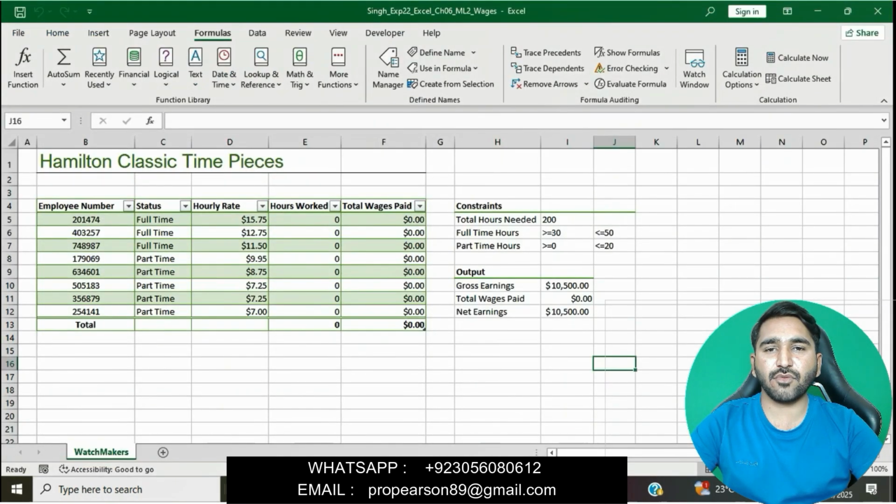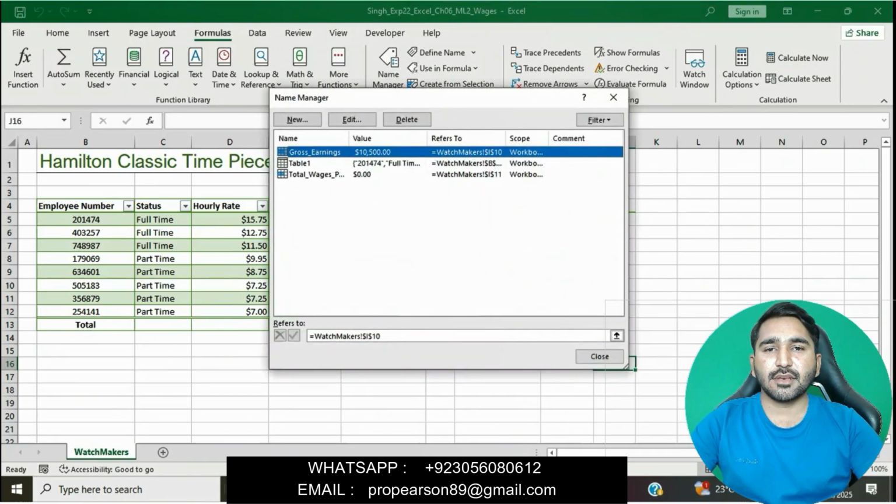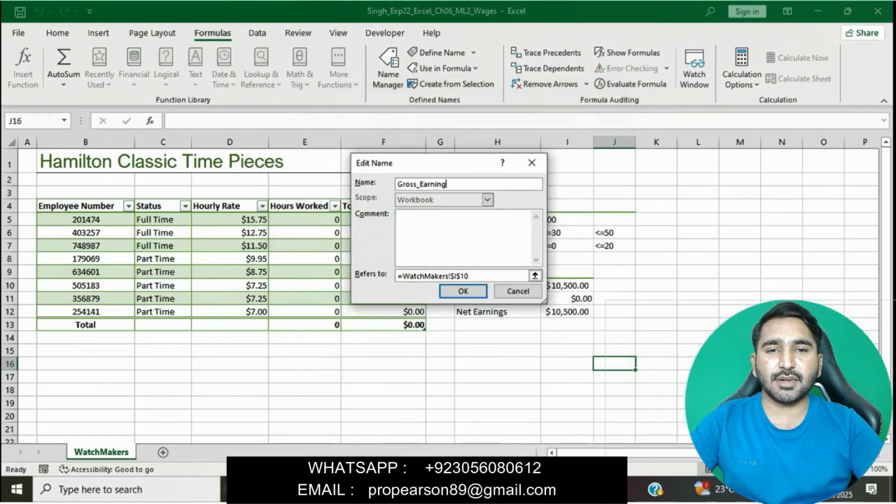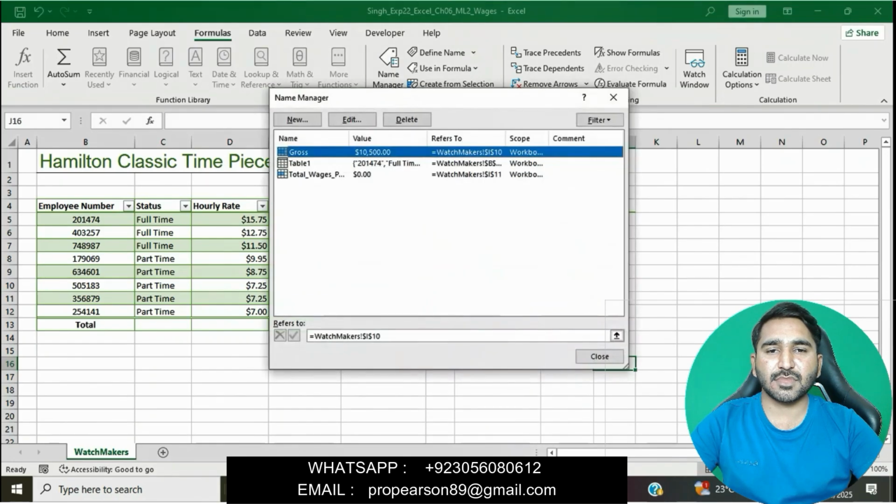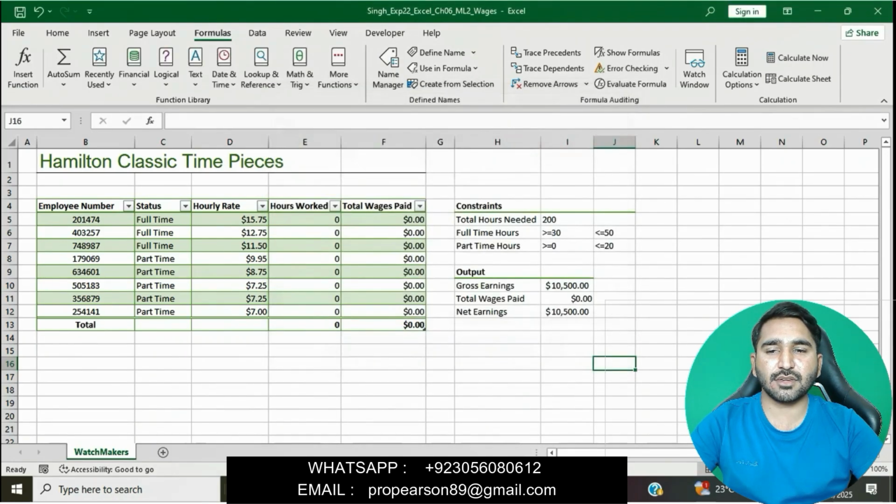We will go to the Formulas tab, open the Name Manager, click on Add, and the added name is Gross Earning to Gross. Then we will simply click on OK. The added name will show as Gross. This is good now, then click Close. Okay, this question is done now.